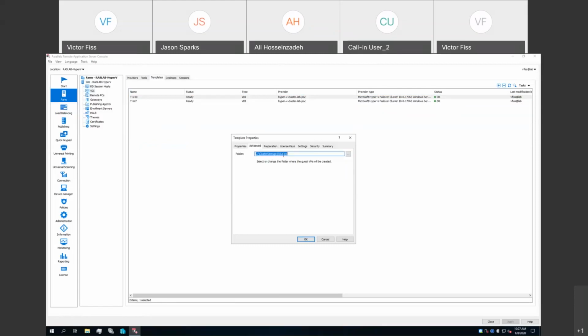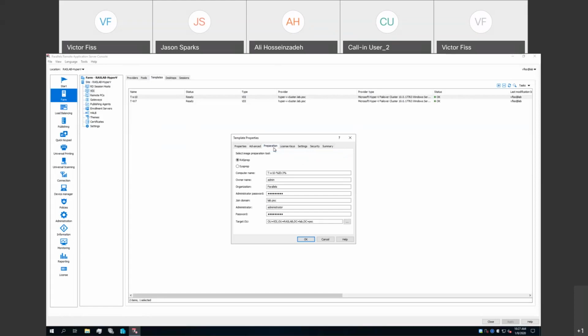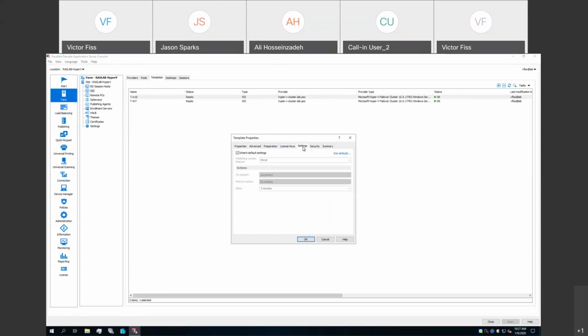In this case here, we're selecting where in the storage will be added, and how you're preparing. We're using Sysprep or RAS prep. RAS prep is a more optimized way to have the machines up and running, and this works on Azure as well. Where you want to store these new identities in Active Directory, what license keys will be applied, settings, for example,